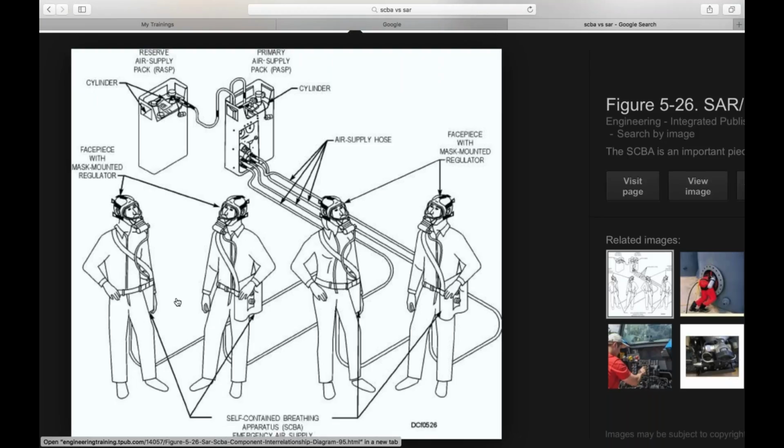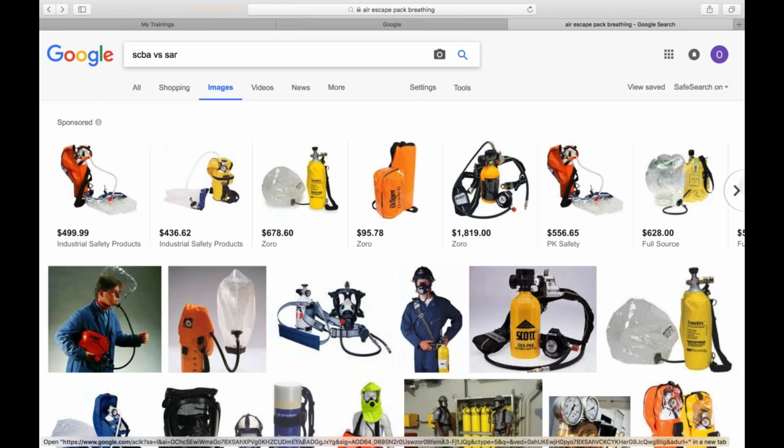Okay, but not only do they all have their own airline, they're all going to have a 5-minute or emergency pack as well. So on this one that you see here on the SAR, it's a supplied air respirator or air mask, whichever one you want to call it. You have an airline, but you also have an emergency pack or 5-minute pack on your hip. The reason this is not as safe as the